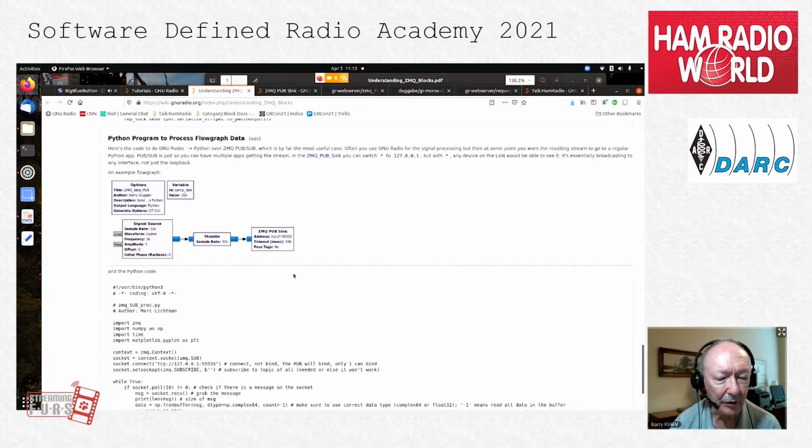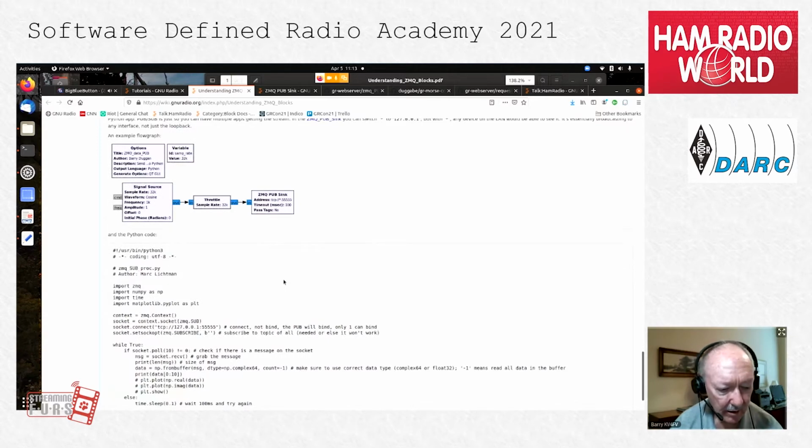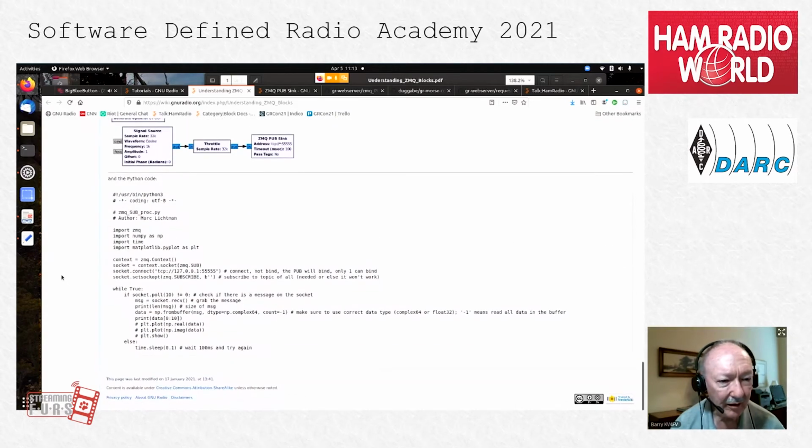And then the Python program will do a subscribe to that. So we have the import ZMQ. Since this is data instead of a message, we're going to use NumPy and time and matplotlib.